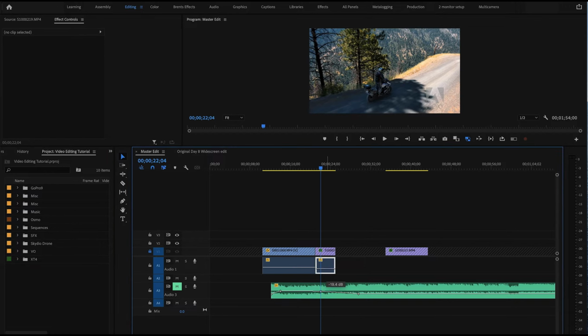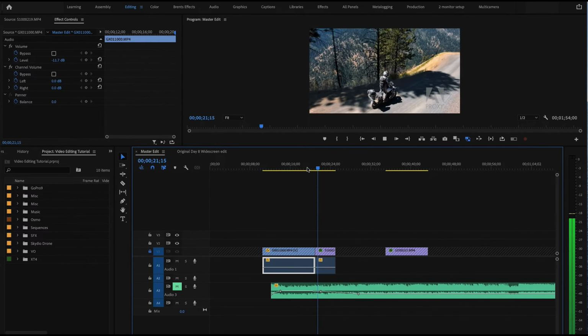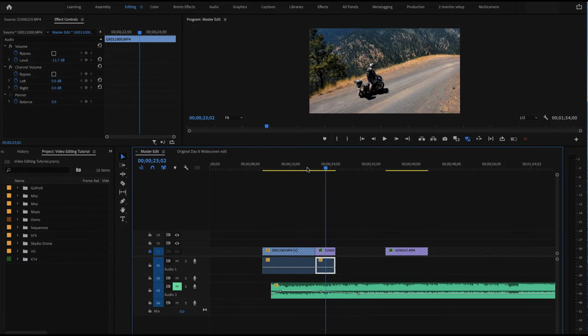If I leave it at the same level, let's undo that, and play it now, yes, it's great. I've filled that in. I'm just going to emphasize the effect a bit and put that up to 3.9 and the same 3.9. So if I play that now,